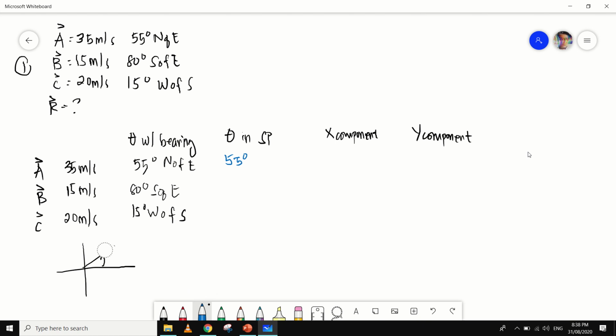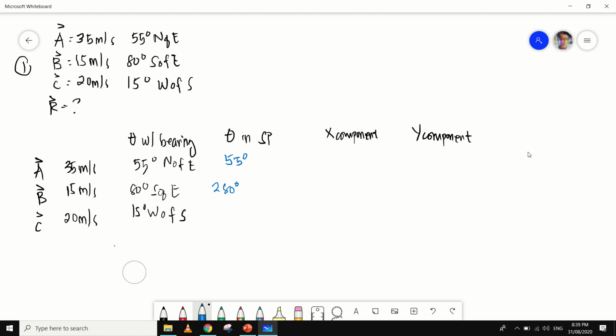Next, let's erase this. It says here 80 degrees south of east. If we draw the 80 degrees south of east, from the south going to the east, south of east is located here. Okay, so it's in this quadrant. In terms of standard position, you have 360 minus 80, so you'll have 280. Let's use the color blue to be consistent. 280 degrees. I hope that finding the angle in standard position is very easy for you now